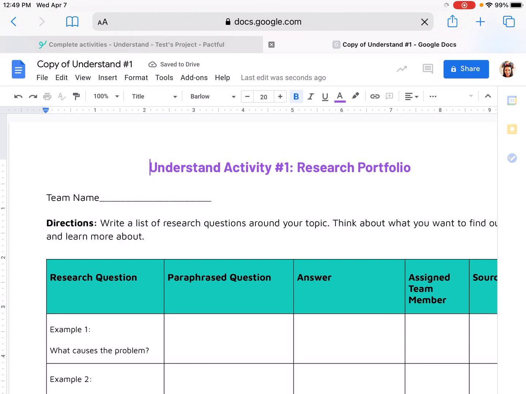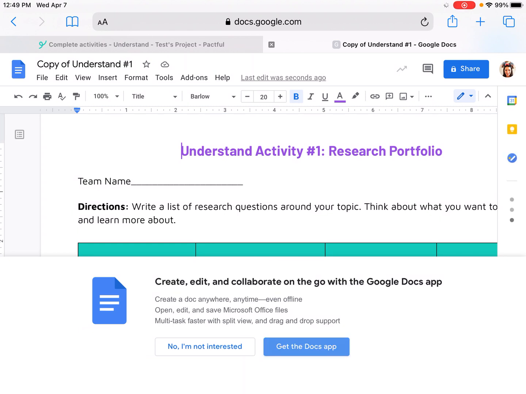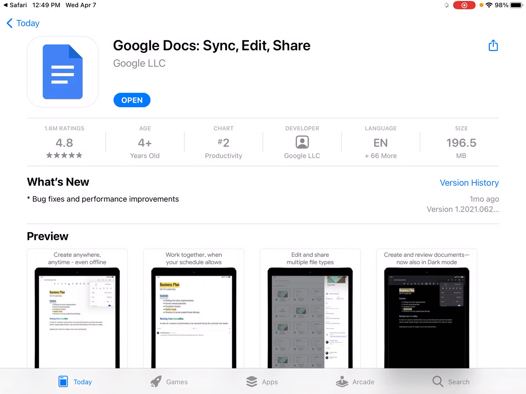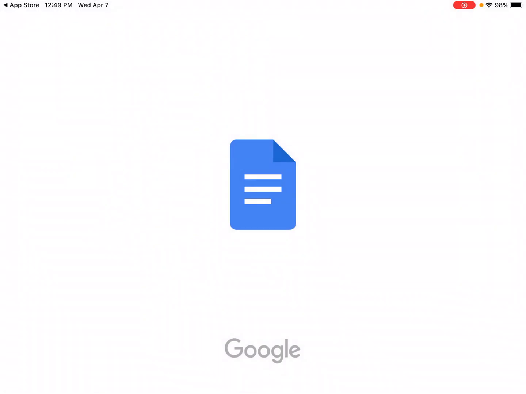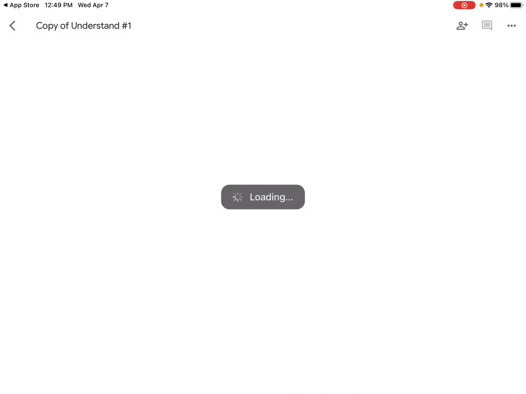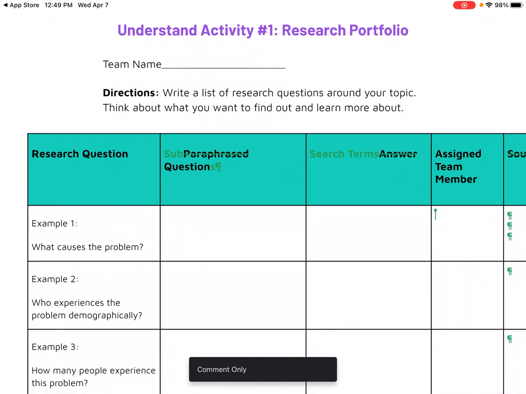The first change, I have the Docs app. Well, first of all, let's open this in Docs because this is a bit of a mess. Docs app. Okay, open. I'm going to open my app. There we go. Okay, so there are the changes we're going to make, and you can see my little changes on here